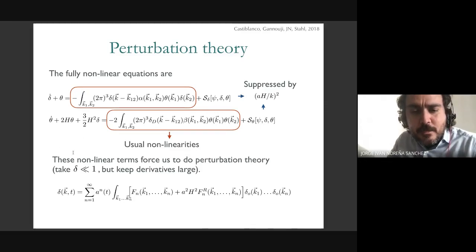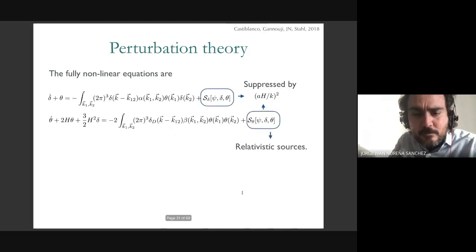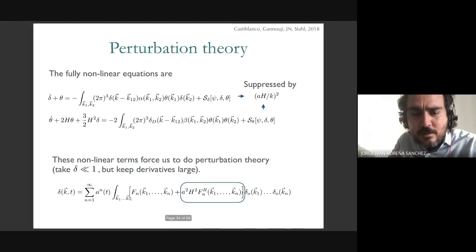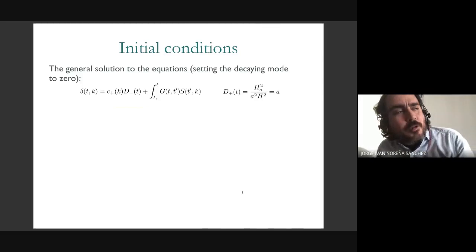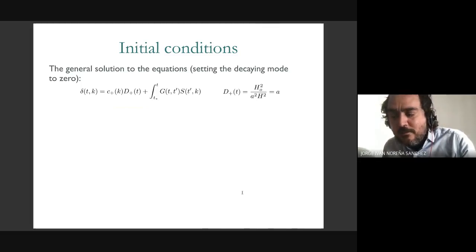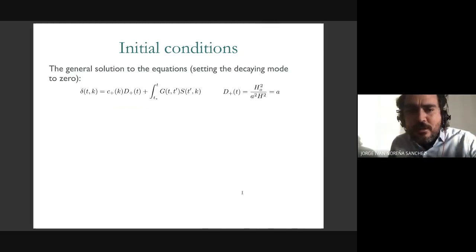But also, as in the Newtonian case, you need to solve these equations perturbatively. This is what we do. So we just do a perturbative solution, and what we get is an expansion in kernels where we have the Newtonian kernel plus a relativistic correction. So this is our relativistic correction, highlighted. And I won't show you the calculation because, of course, it can be very boring, but we found a couple of things which are different from the usual Newtonian perturbation theory.